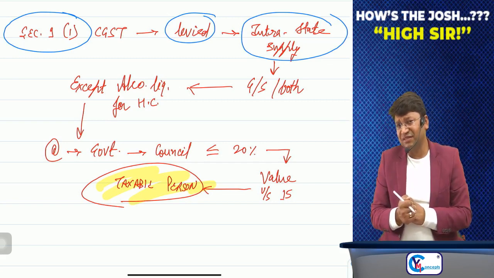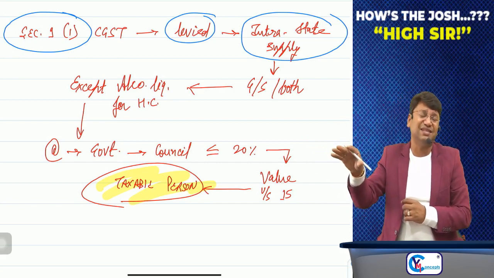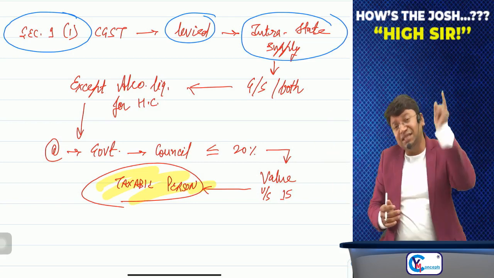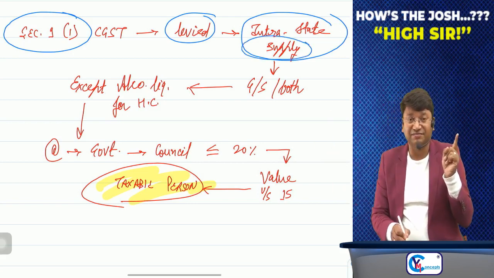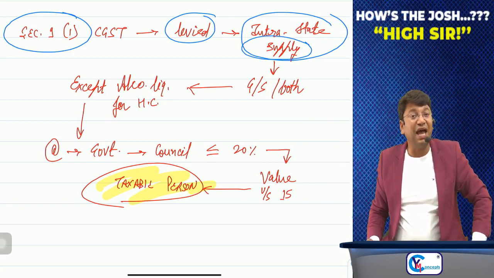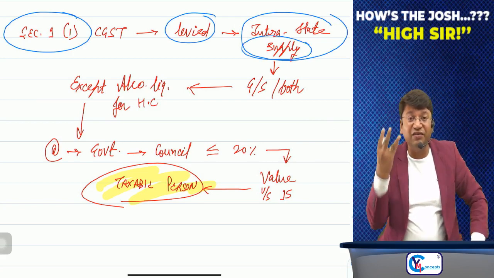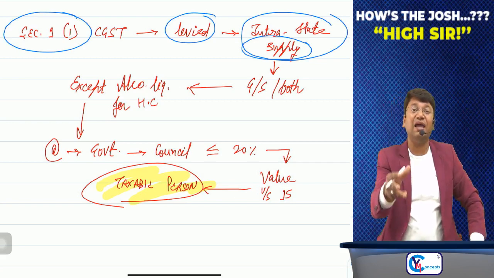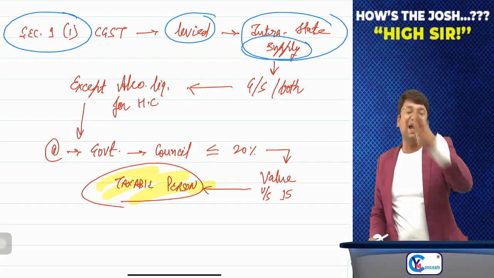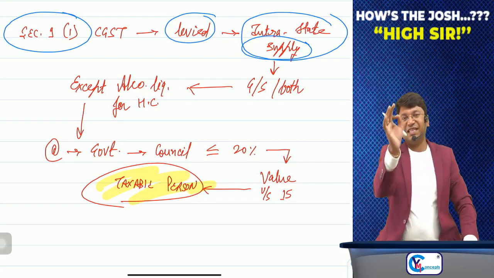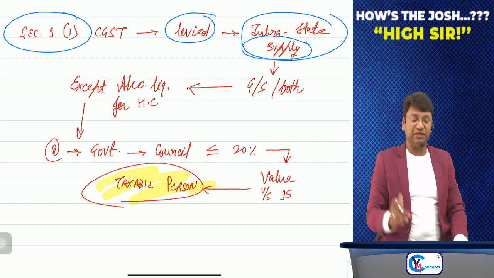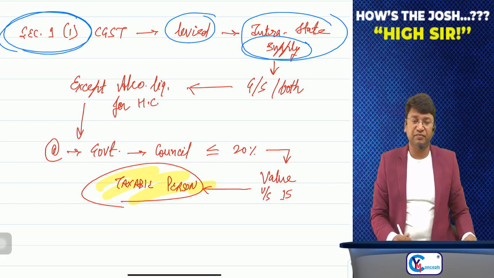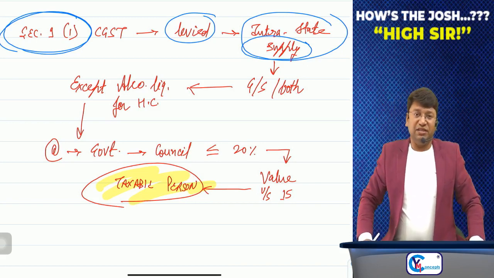But sir, whether it is intrastate or it is interstate, whether it is CGST or SGST or it is IGST, GST will be levied on supply. Sir, that's why the event on the happening of which GST will get attracted is supply. So taxable event under GST is supply. The taxable event under GST is supply. It is what is mentioned in section number 9, subsection 1 that GST will be levied on supply. Okay. So taxable event is supply under GST.